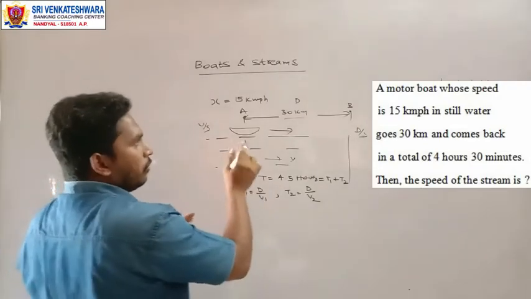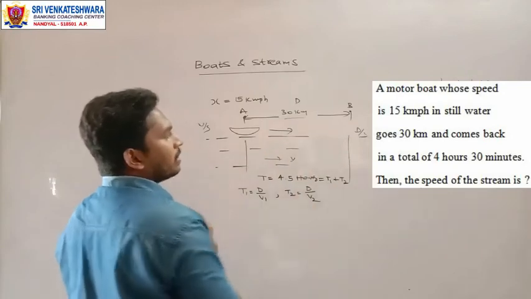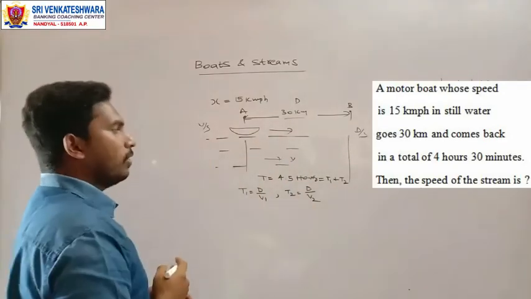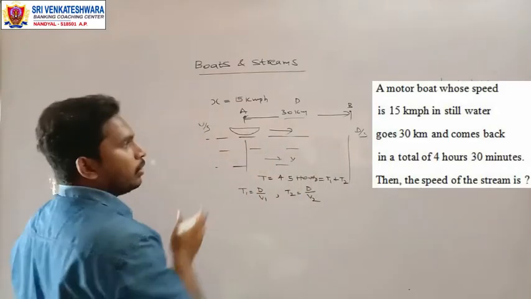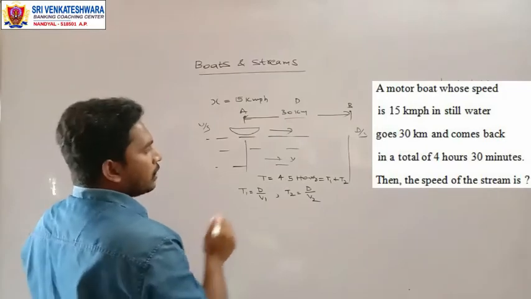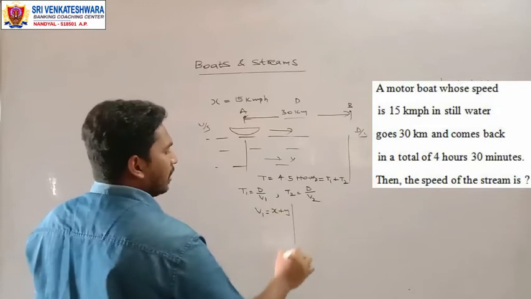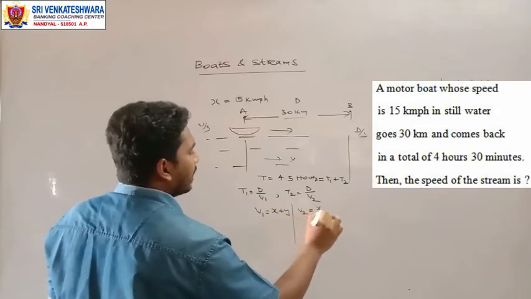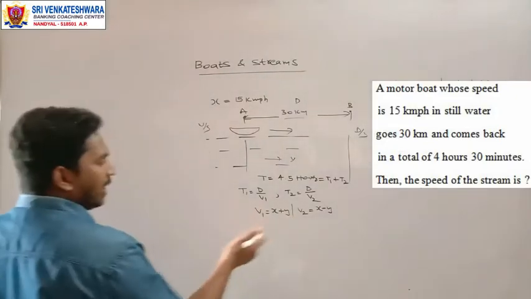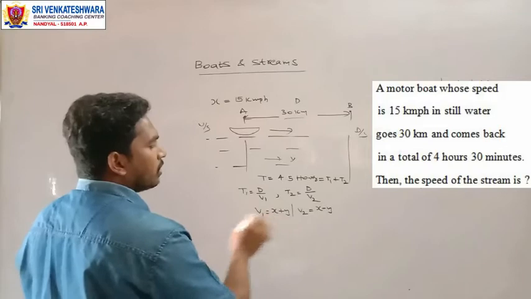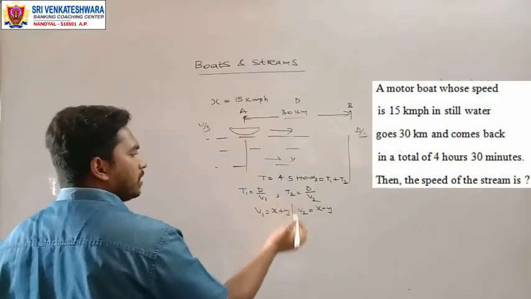Now what is v1 and what is v2? Suppose in the first case it is moving along the flow, and in the second case it is moving against the flow. So if he is moving along the flow, towards the downstream, this v1 will be x plus y, right? Then how about v2? v2 will be x minus y. Now you just make a substitution, whatever you know you just substitute them and form this into an expression. So t1 plus t2 is equal to